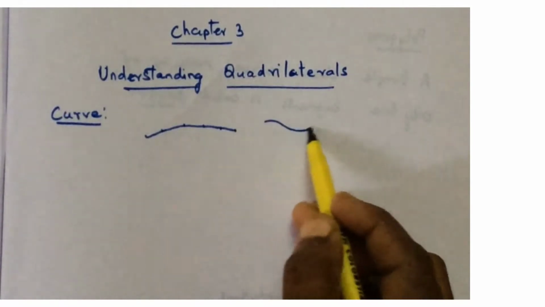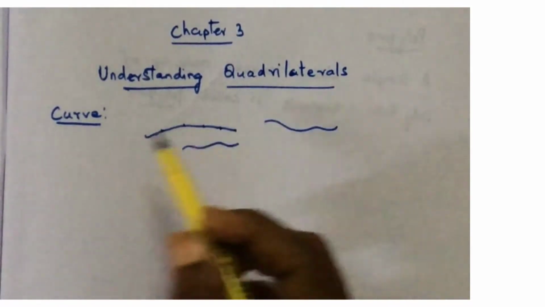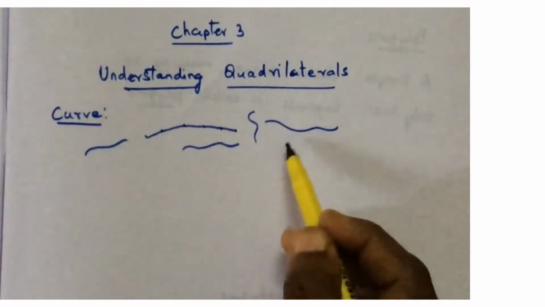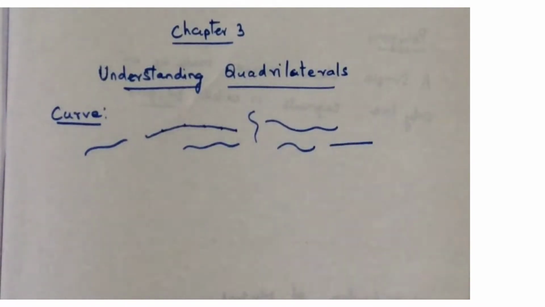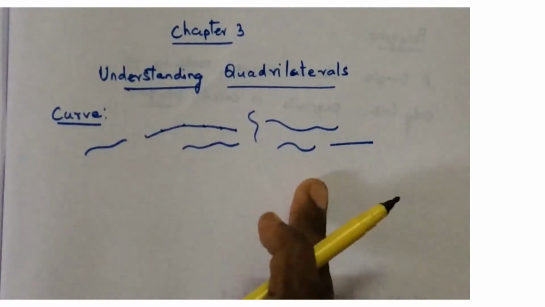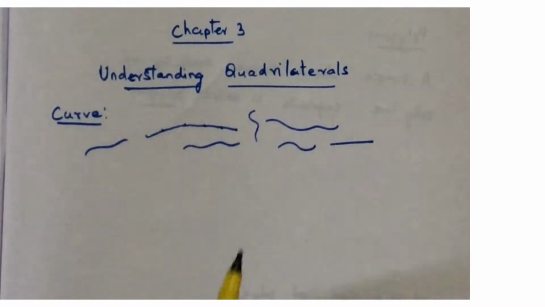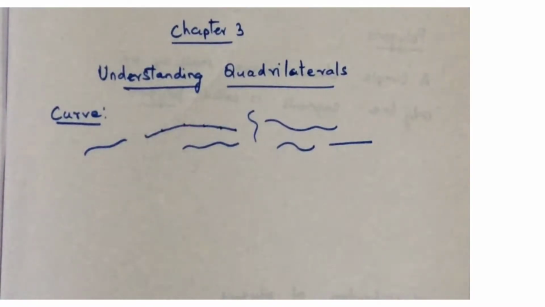There may be many examples of a curve. It may be any kind of shape. These are examples of a curve. When you join a few points without lifting your hand, it is called a curve. Here you should not misunderstand the word curve. Even a straight line like this is mathematically also called a curve. It need not be bent to be a curve. So even a straight line can be called a curve.